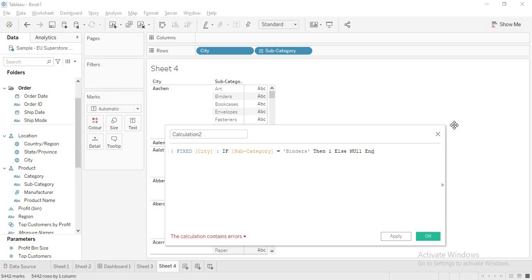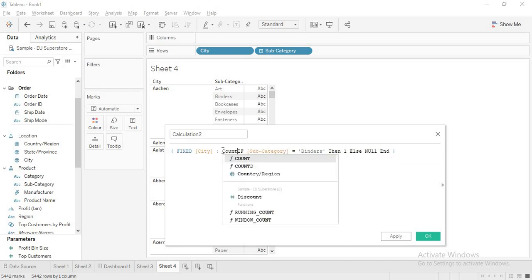Now you are getting an error. Let me close this. You are getting an error because we don't have any aggregation for this, right? But again, if we try to aggregate in here, you will get an error stating this is non-aggregate, and if you use an aggregate here, this is non-aggregate. Here you are again using an aggregate. So to remove that, I'll be using count distinct here.